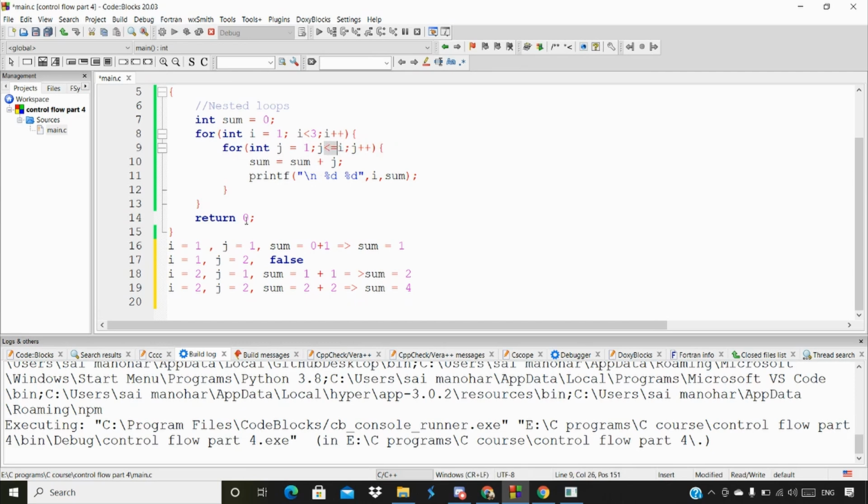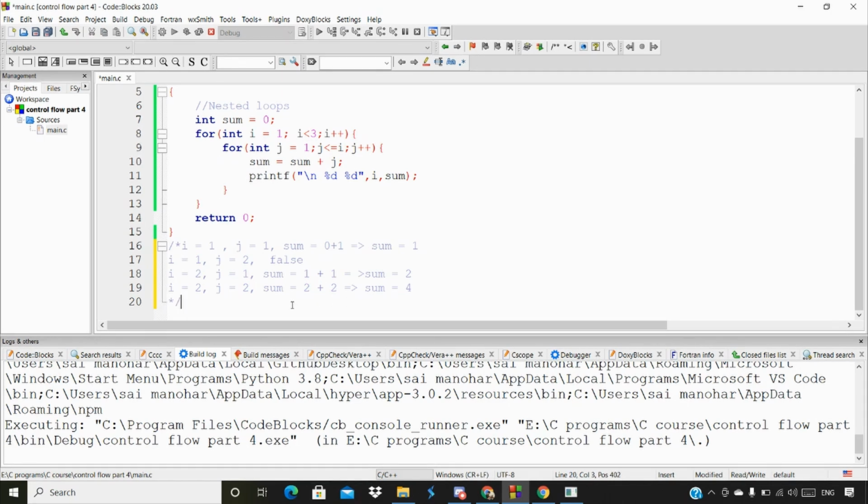If it is false, then it comes back to this particular line of the code. Again it will increment, and then it will check the condition. If the condition is true, again it's going inside this particular loop and executes until this condition is false. Once it is false, it comes back to this line of the code, increments, and checks this condition. If it is true, it comes back inside the loop, else it's going to terminate and return 0, and that's the end of the code. So that's all about nested loops.